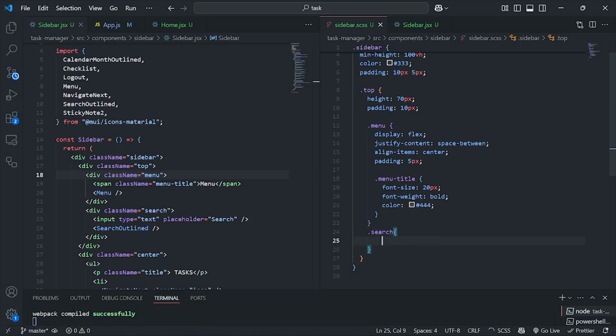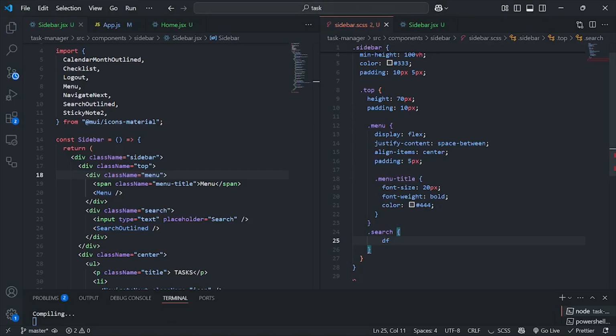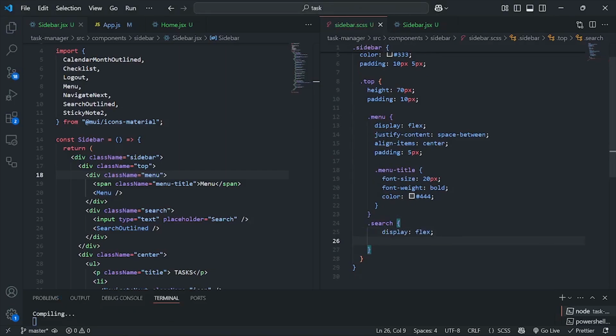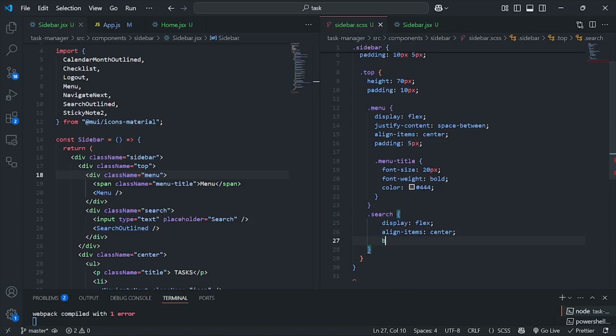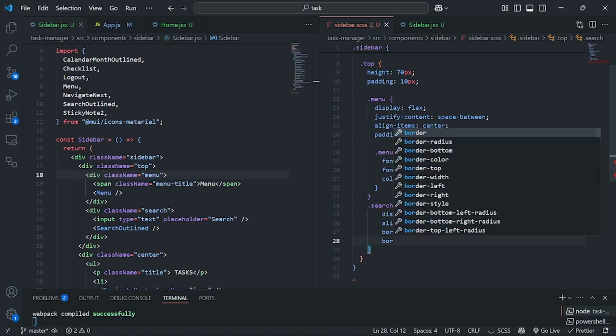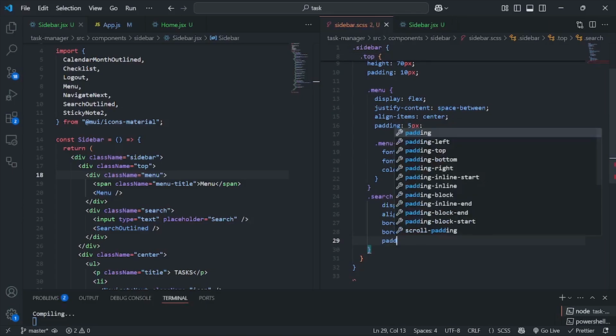Then it's also going to be display flex, and also we are going to have align items center, border is going to be 1 pixel solid, this color hashtag ccc like this, and we are going to have border radius of 5 pixel and also padding of 6 pixel,